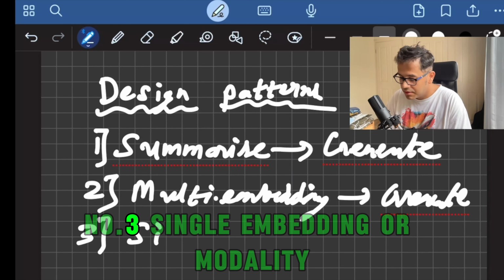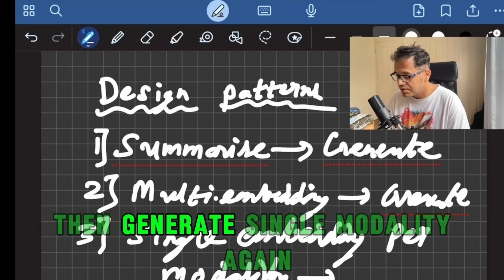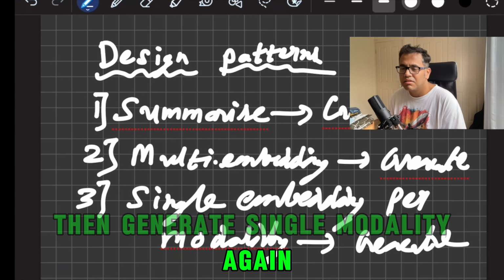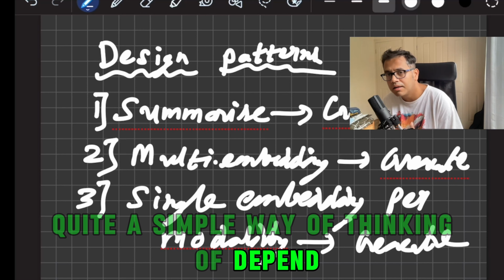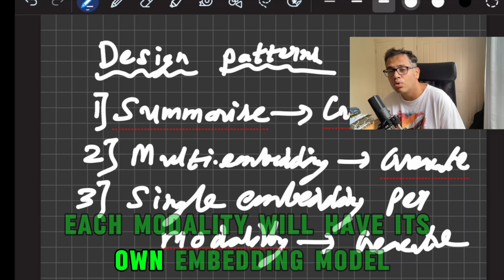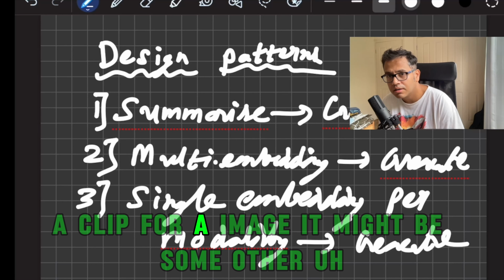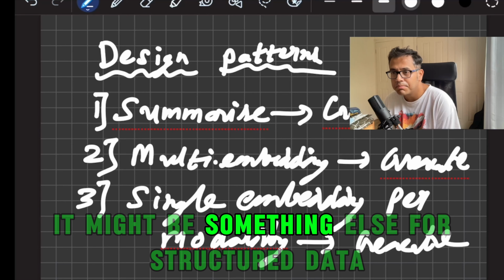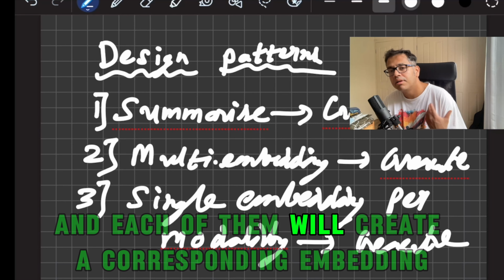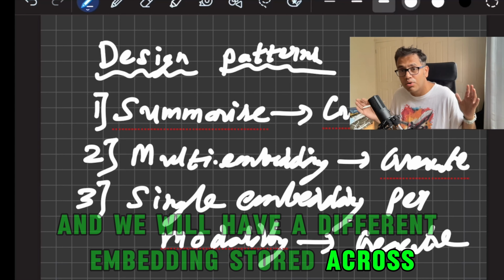Number 3, single embedding per modality, then generate. Single modality, again, hopefully quite a simple way of thinking of. Each modality will have its own embedding model. It might be CLIP for an image. It might be some other language model for audio. It might be something else for structured data. And each of them will create a corresponding embedding, and we will have a different embedding stored across all of